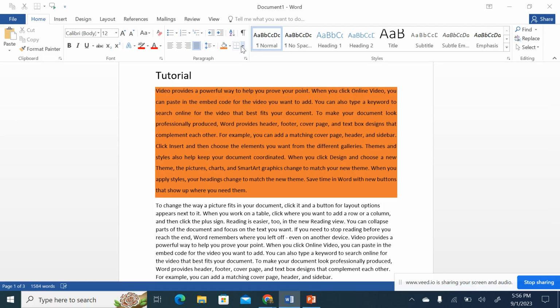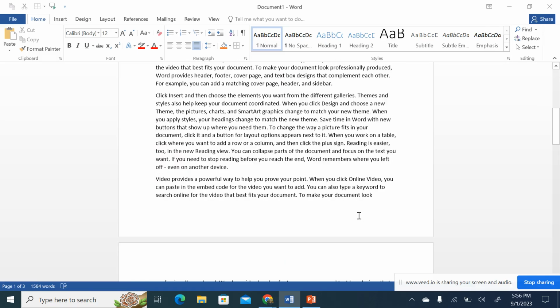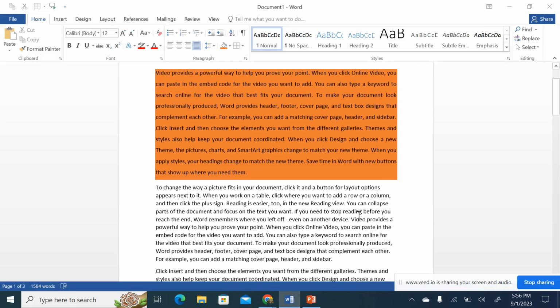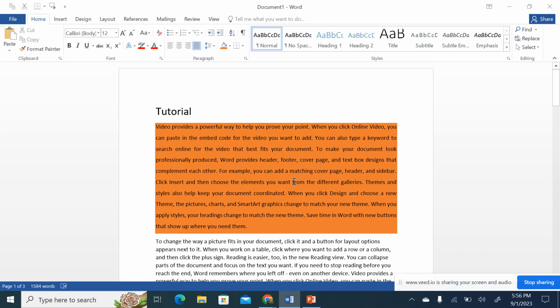Then we have this one over here, this one that seems to be box-like. This one that seems to be box-like is for borders. I think you've seen people doing some reports, some theses, some dissertations, some conference papers. They usually design the first page differently from the rest of the pages by using borders. Take an example. If I click over here and then I come to border and shading,